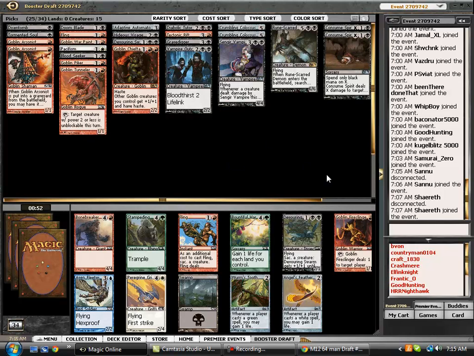Here we're going to take the Fireslinger. Lower curve is also nice, and